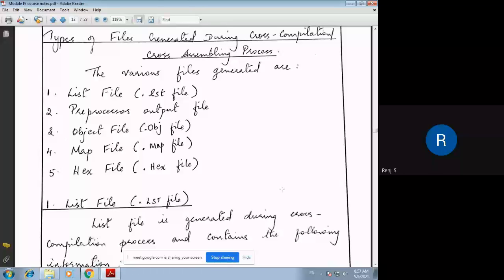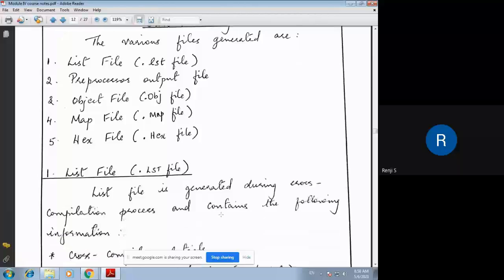There is a cross compiler installed on your machine which supports embedded product development, and this cross compiler will generate an object code that can run on another processor. It runs on our PC where there is one processor, but this compiler will generate an object code for another processor. That is called cross-platform development. Once the cross-compilation process is done, there are various output files generated, and mainly there are 5 types of files generated during cross-compilation.